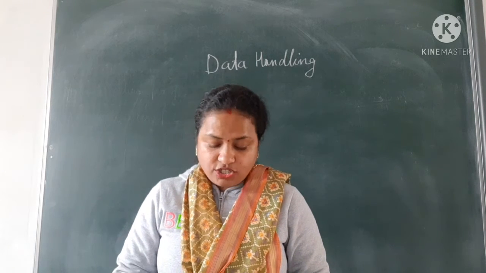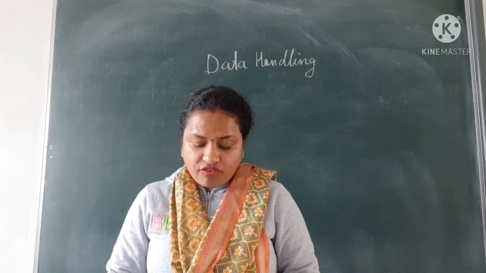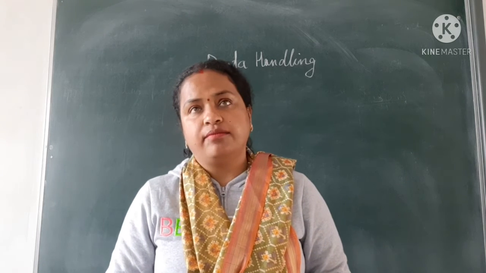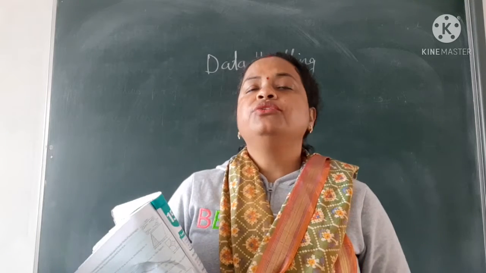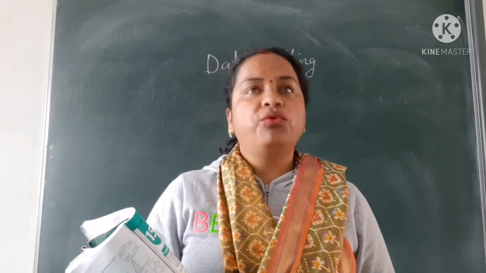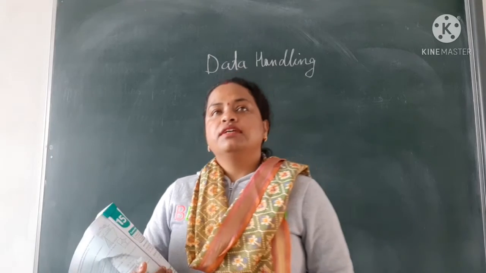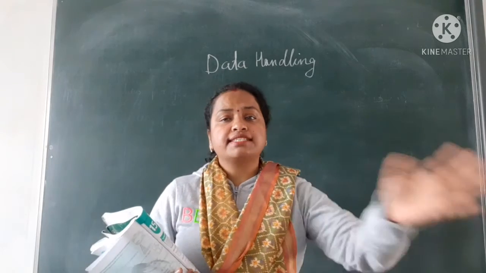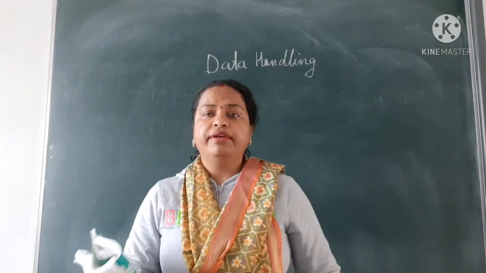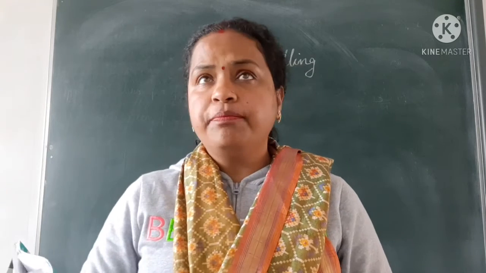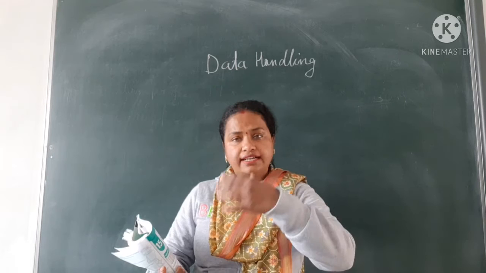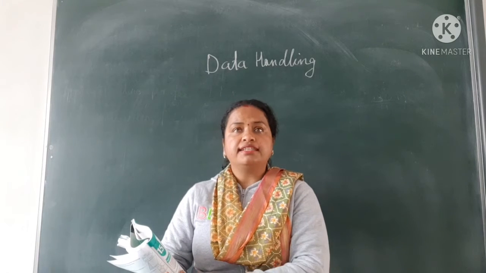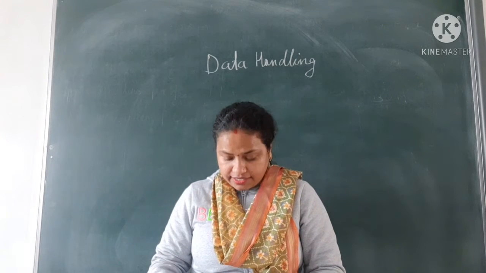Then the set of data obtained in the original form is called raw data. Suppose there are 50 students, and you have been told to bring different fruits. When you just collect all together, it will be in an ungrouped manner, some here, some there. That ungrouped data is said to be raw data.